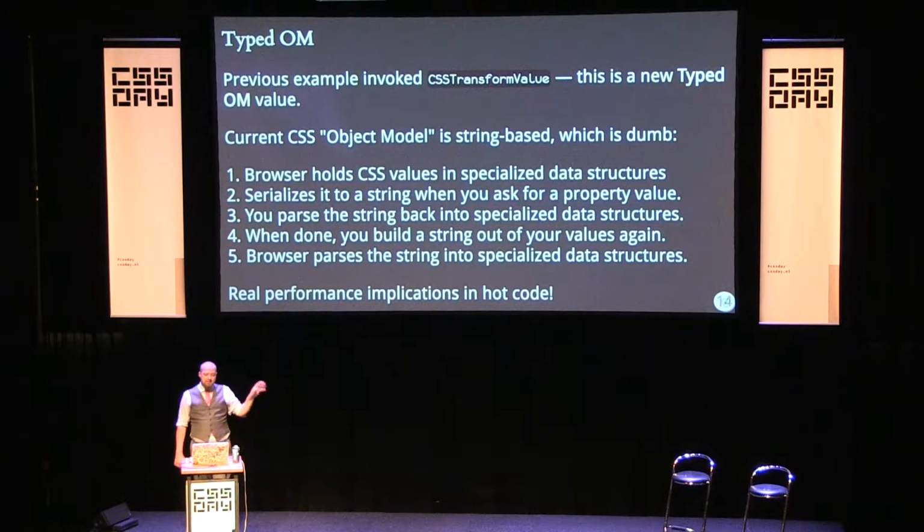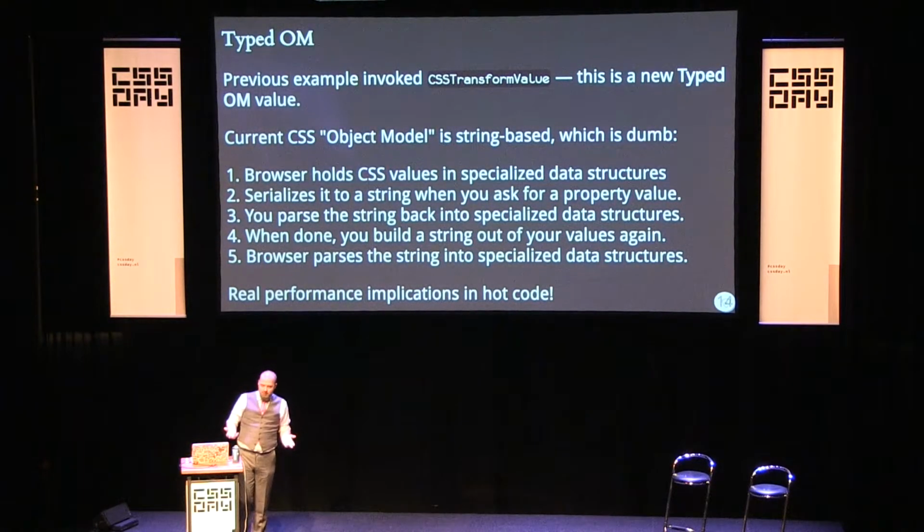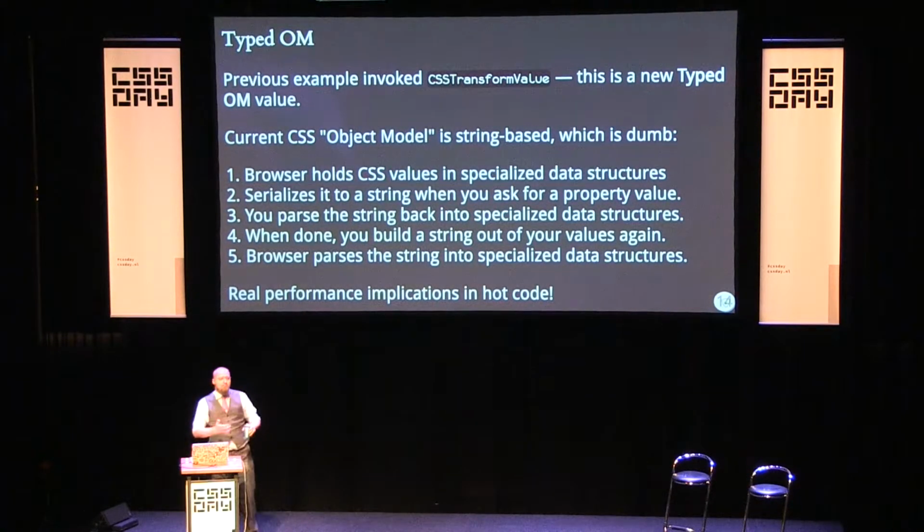So in that example, I used CSS transform value, I used CSS translate. These are new typed OM values. The existing CSS object model we've discussed a few times yesterday and today, or it's come up in examples at least. It's not very good. It did what it needed to do at the time, allow you to manipulate CSS values, but it's all with strings. Imagine if every JavaScript API was just taking in strings and you had to write out all of your class values as just a string that held something. I mean, we did talk a little bit about how everything's just string shuffling nowadays, but it's not a great model. It's a little clumsy, you have to do a lot more work than you should, and it's slow, actually.